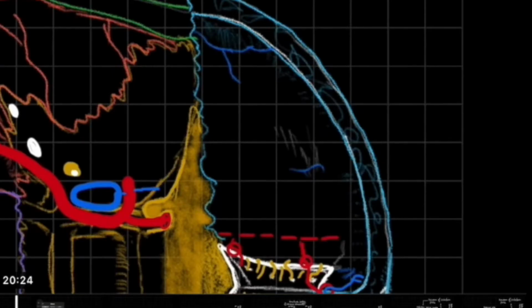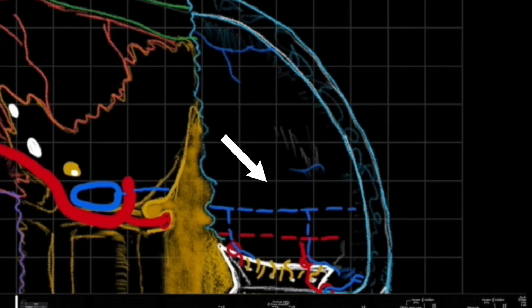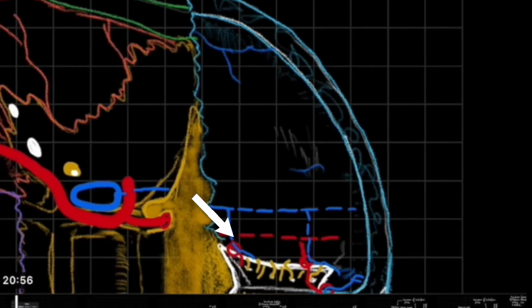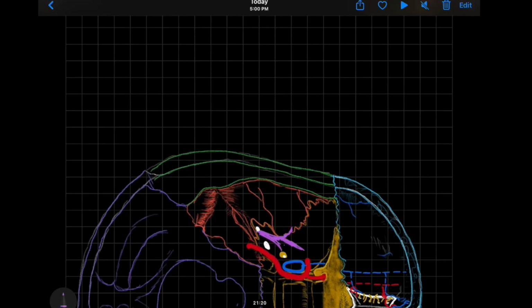Then we have this cavernous sinus, and from this cavernous sinus we can see superior ophthalmic vein. This is the superior ophthalmic vein, and then we can see the ethmoidal vein through the anterior ethmoidal foramen and posterior ethmoidal foramen. And here we have the trigeminal nerve or trigeminal ganglion, and we can see the three parts. Foramen ovale, we can see the mandibular nerve. Foramen rotundum, we can see the maxillary nerve, and here first, the ophthalmic nerve. Can you see this ophthalmic nerve here?